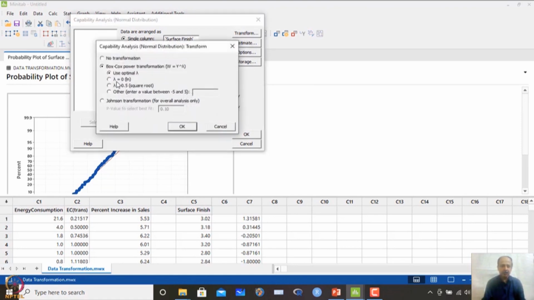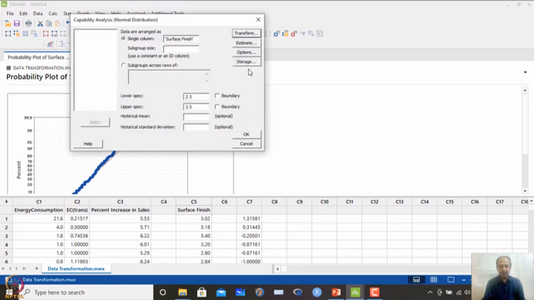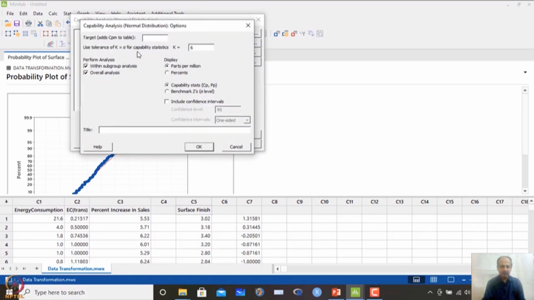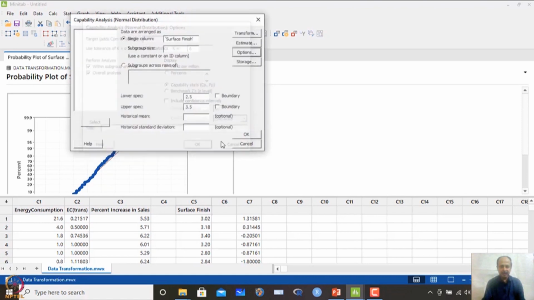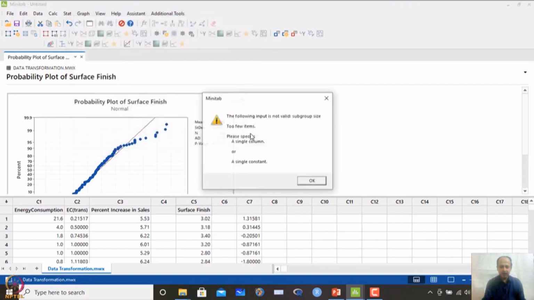Here under transform you have options: no transformation, Box-Cox transformation or Johnson's transformation. I am using Box-Cox with the optimal lambda, whatever the Box-Cox transformation suggests. Otherwise, I can specify it here. Clicking OK, and then in options, I want to calculate within and overall capability, the capability indices. Only the S calculation will differ. Then I click OK, and what will happen is